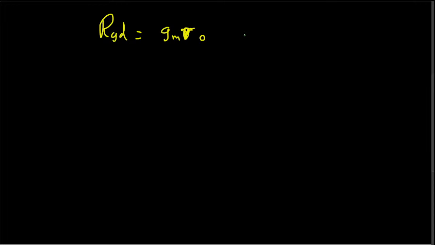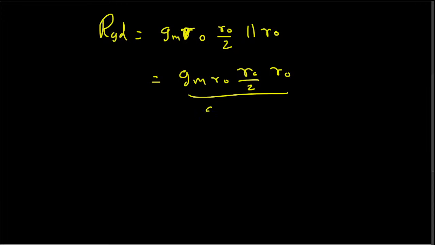Okay, let's look at this. RGD is gmro times RO divided by 2 parallel RO, and that is product over sum, and if you simplify this one, you will end up having gmro times RO divided by 2 multiplied by RO, divided by gmro RO divided by 2 plus RO. And as we seen before, since gmro is much larger than 1,